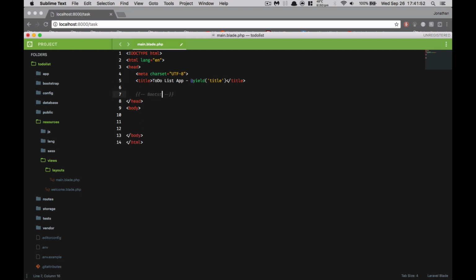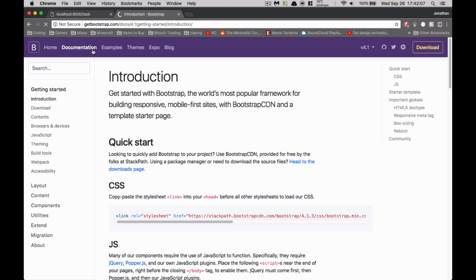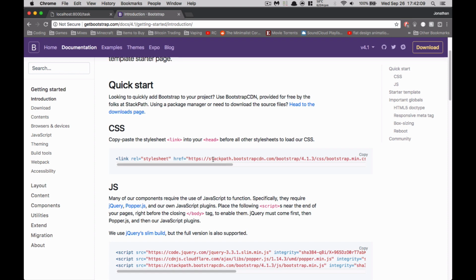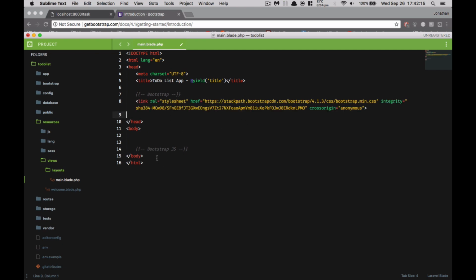We need Bootstrap. And down here, we're going to need our Bootstrap JS file. So let's grab those. We'll go to getbootstrap.com, go to the documentation page, grab the CSS right here, copy that up into our head, and our Bootstrap